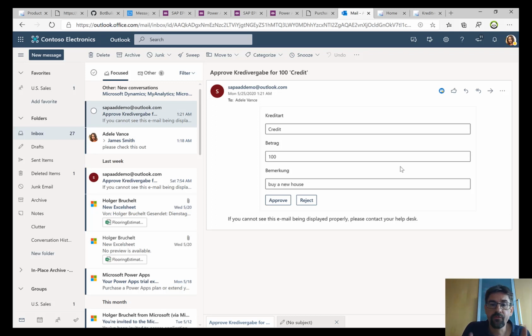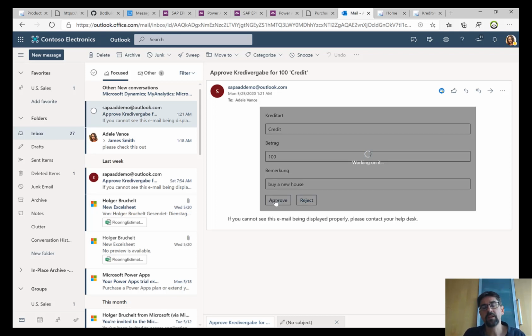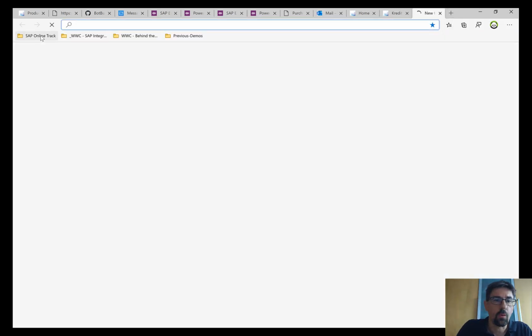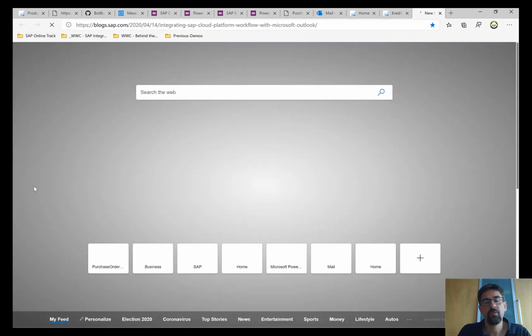And now from within Outlook, I have all the information, like what kind of credit it is, the amount, and some comments. I can just approve the workflow directly here from Outlook. So another really nice integration of how to combine SAP data with Microsoft data.